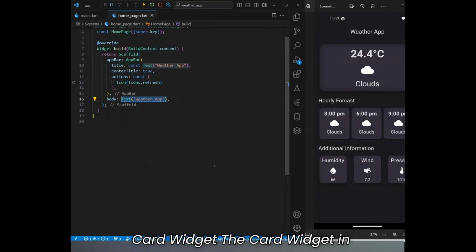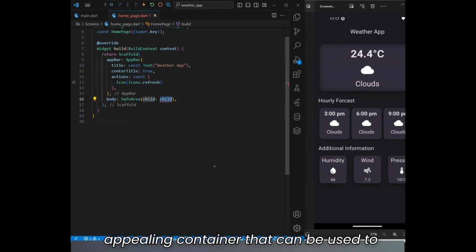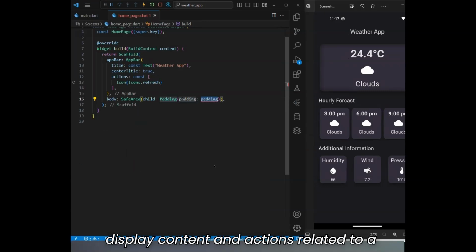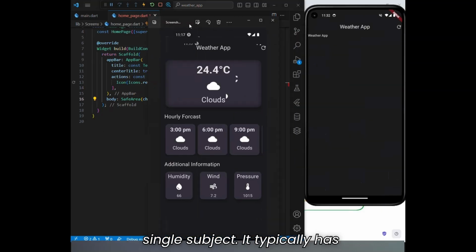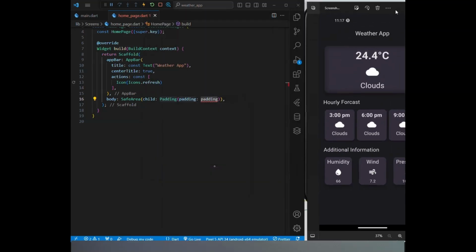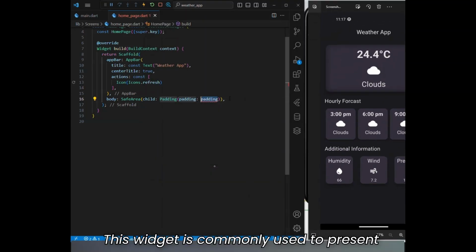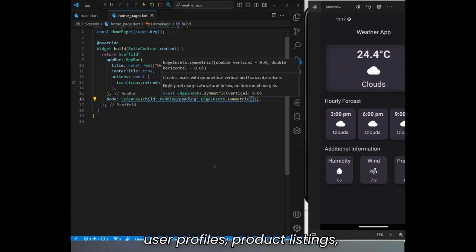Card widget. The card widget in Flutter is a versatile and visually appealing container that can be used to display content and actions related to a single subject. It typically has rounded corners, a slight elevation, and a shadow effect, which creates a visually distinct area on the screen. This widget is commonly used to present information in a structured way, such as user profiles, product listings, or